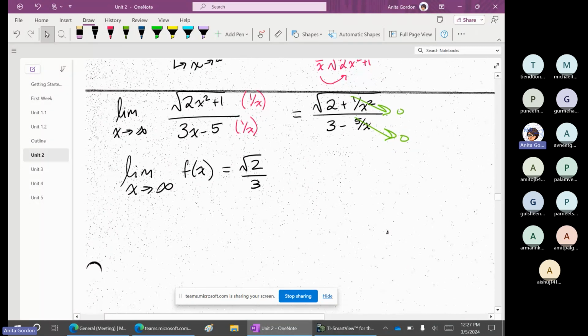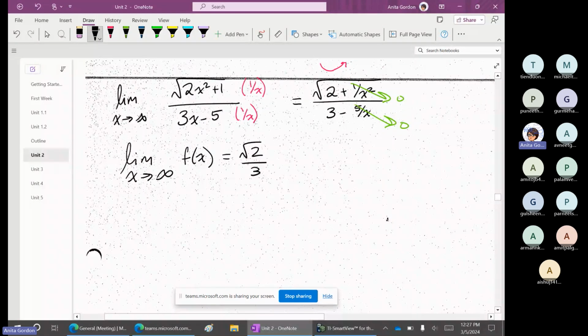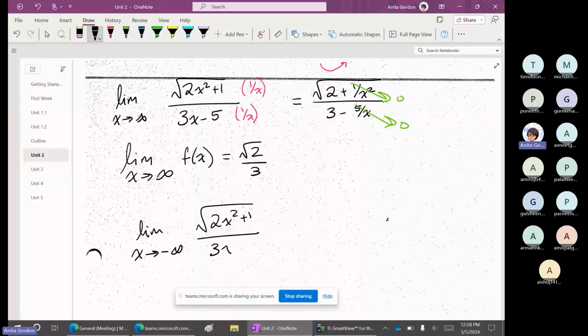Now we got to check the left side. So this was the right side. Let's do the same thing for the left. X goes to negative infinity. This one is going to be slightly trickier because we have a negative sign. X is getting gigantic, but negative gigantic. When I multiply both top and bottom by 1 over x,